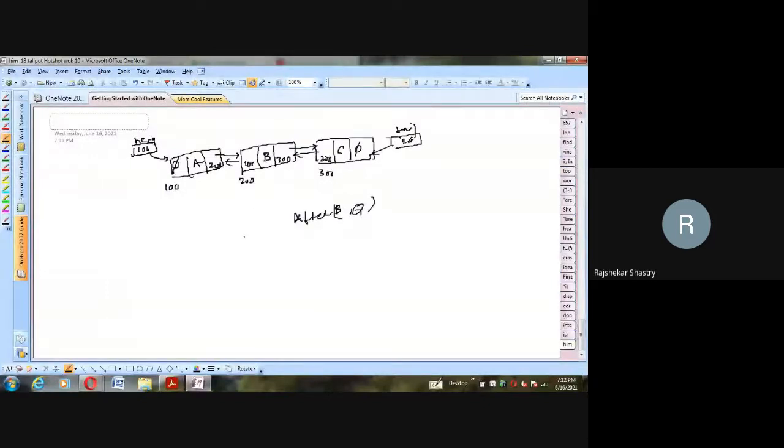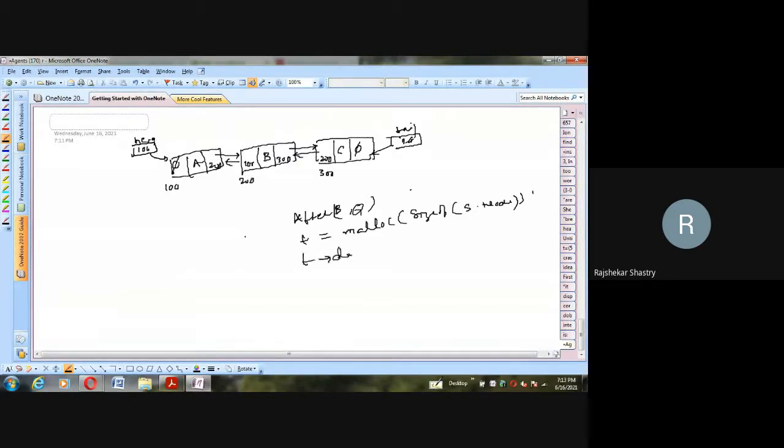First, you take the pointer, allocate the memory by using malloc of size of struct node, and then store the data in that: T arrow data is equal to Q because the new node data is Q. Now this is my newly created node, T having data Q, T holding say address 700 pointing to this.